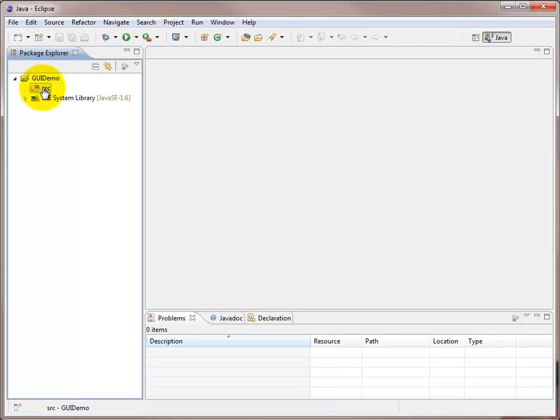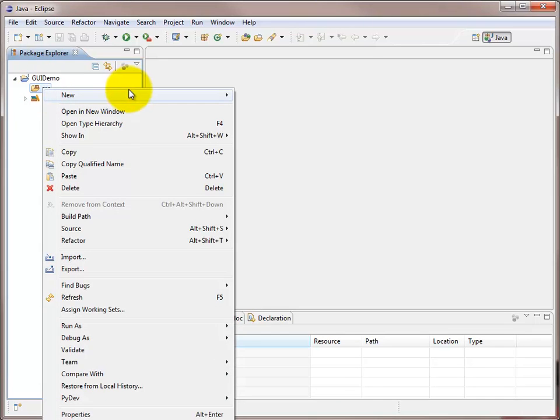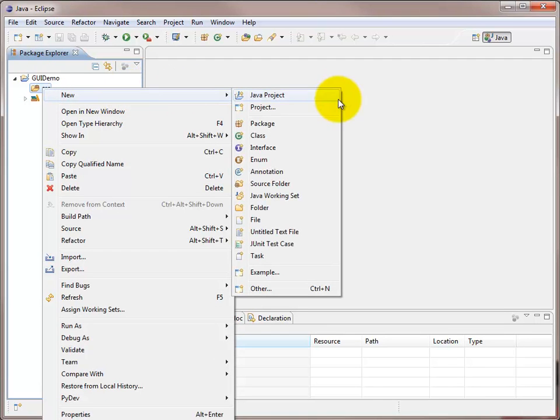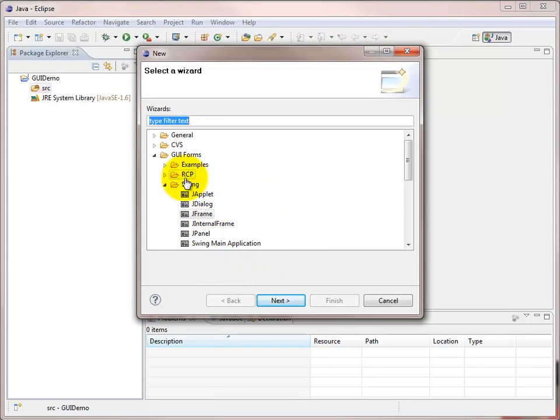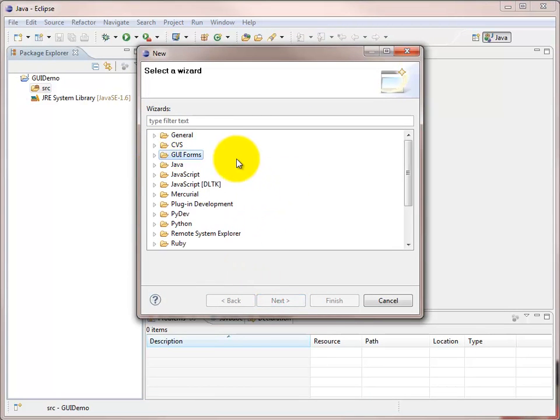Within my source folder here, I'm going to right click on New. In this instance, I'm going to click on Other. When I click on Other, there are several different plugin templates that can help me create some classes here. Now, one of those that may come installed on your Eclipse version is one called GUI Forms. I do not want you selecting that one, but if you scroll down, there's actually a WindowBuilder